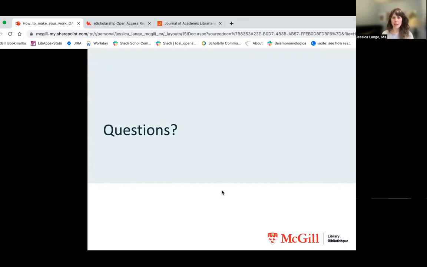I've also posted a link to our research data management guide. All right, and that is, I think, kind of everything I wanted to go over today. It's always kind of a quick workshop. It's meant to give you a real coverage of the land. At this point, I'm going to stop the recording, but if people have questions,